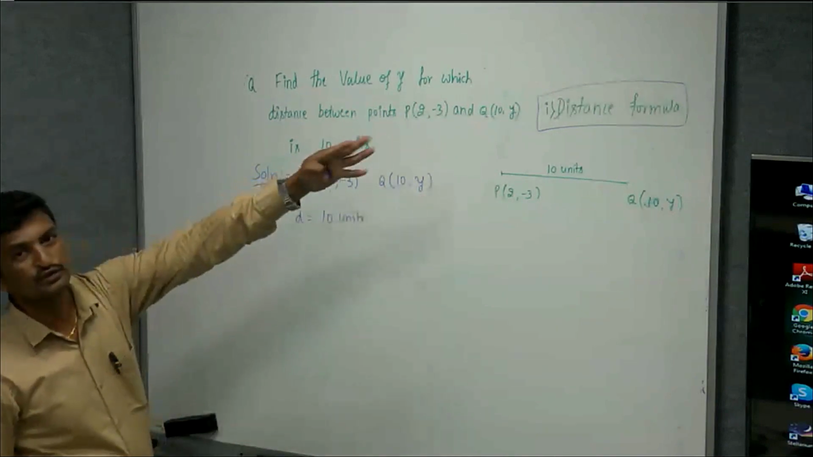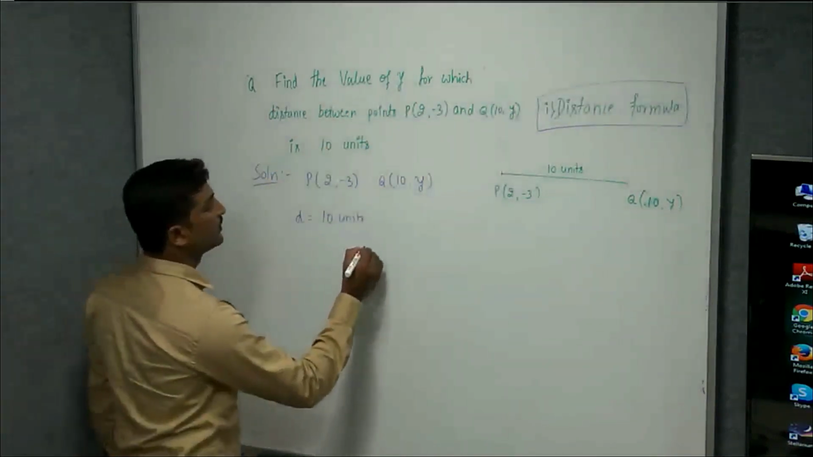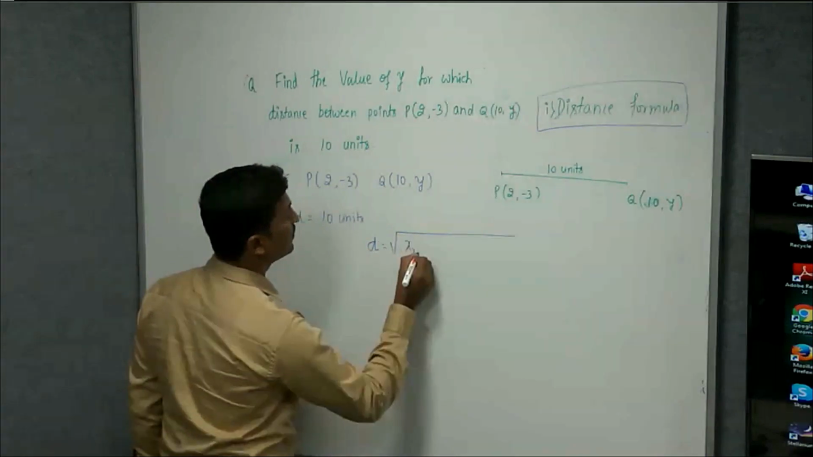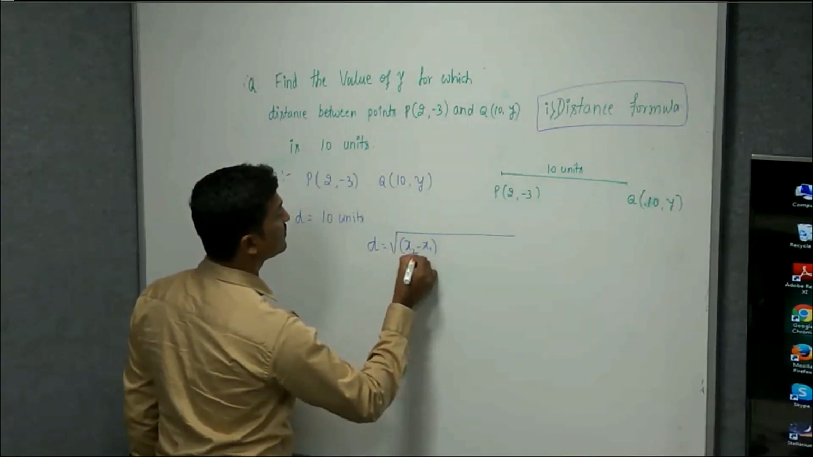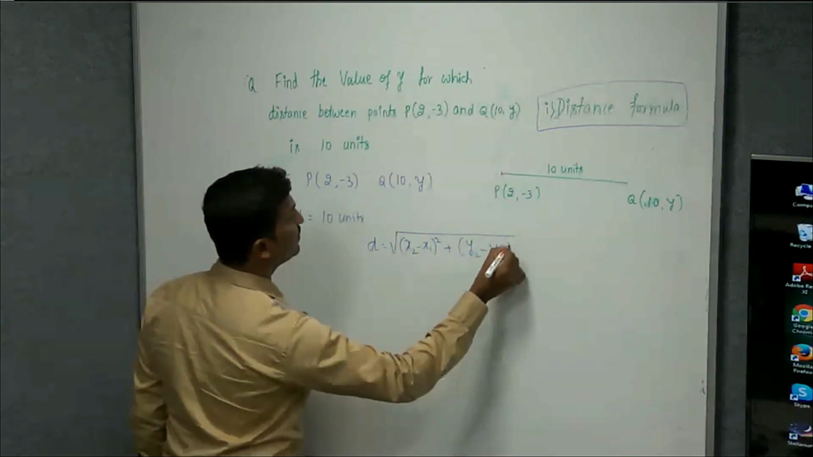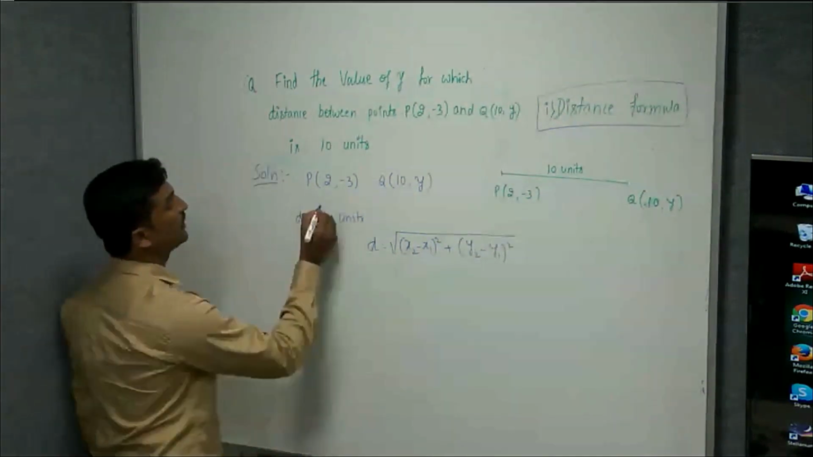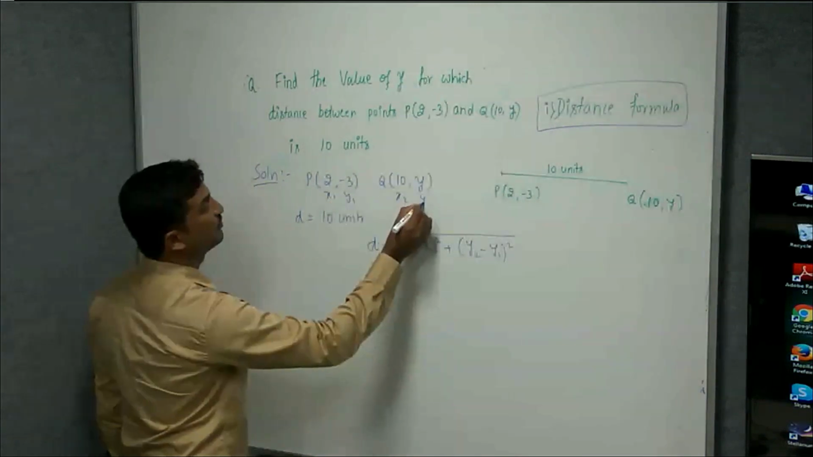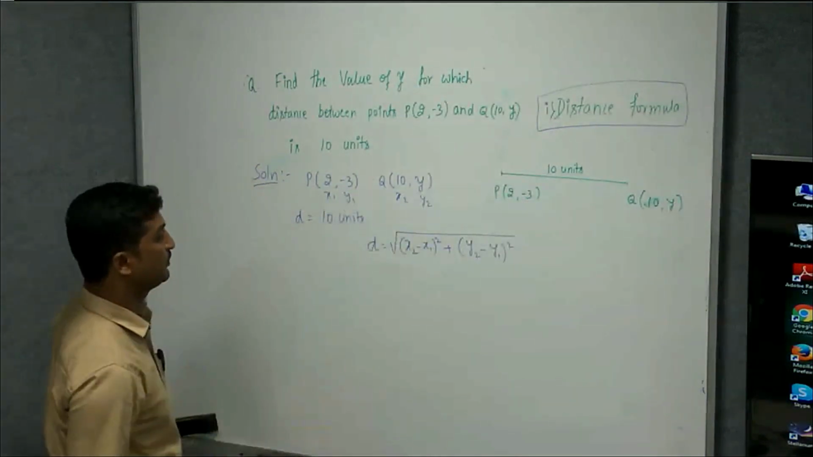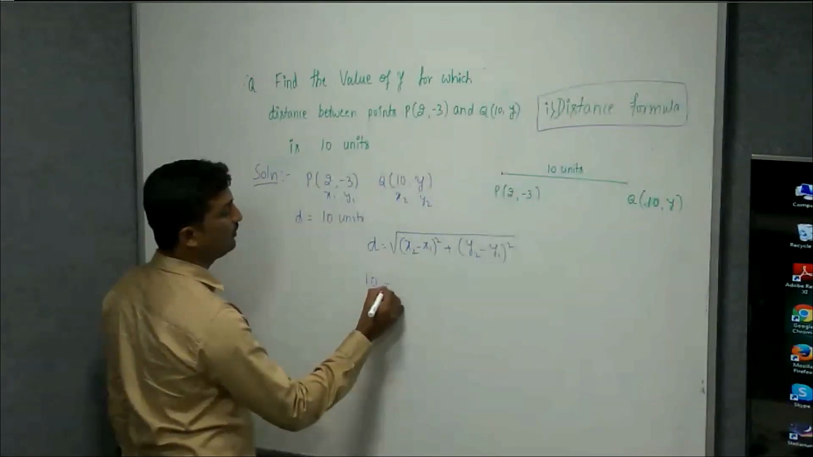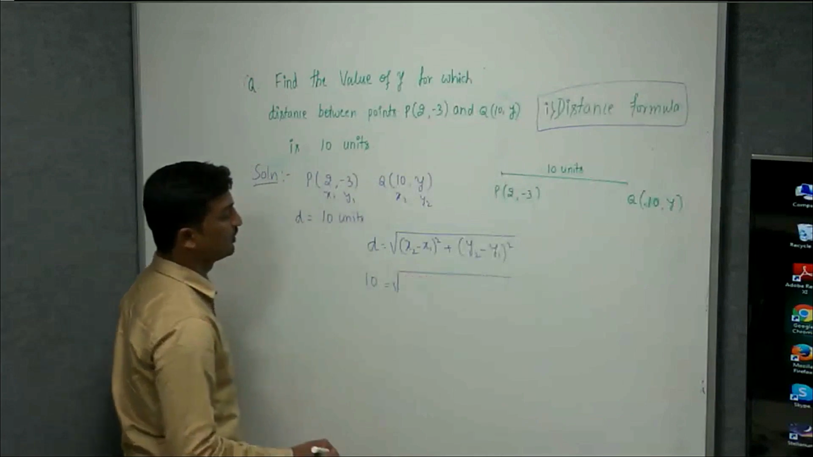Now again use this distance formula, that is D equals square root of (x2 minus x1) whole square plus (y2 minus y1) whole square. Now take this one as x1, y1, and this as x2, y2. Now substitute the values here, you are going to get that. Okay, this is 10 equals square root of,